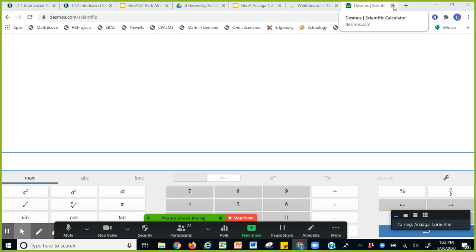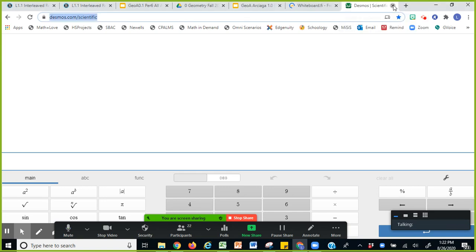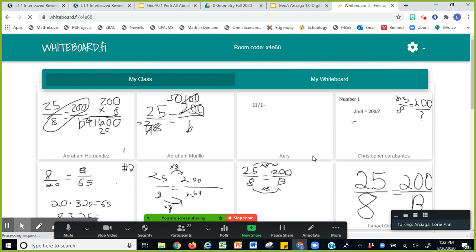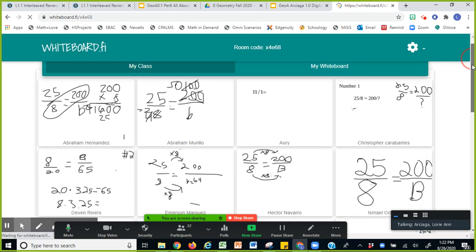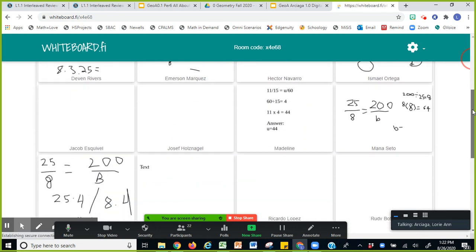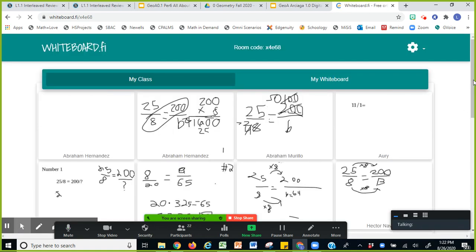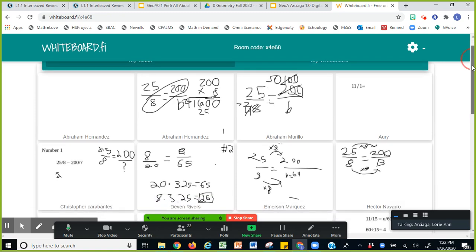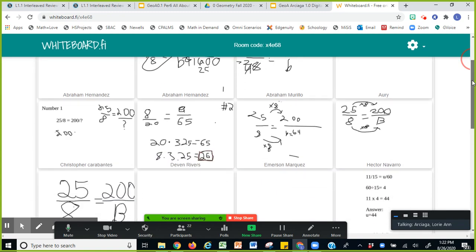You can use that as well. And one thing I like about that calculator is if the answers are not in decimals, if they are in fractions, you can actually change your answer to fraction form in an instant by just clicking a button. All right. Okay. So this is how your classmates are doing solving proportions.